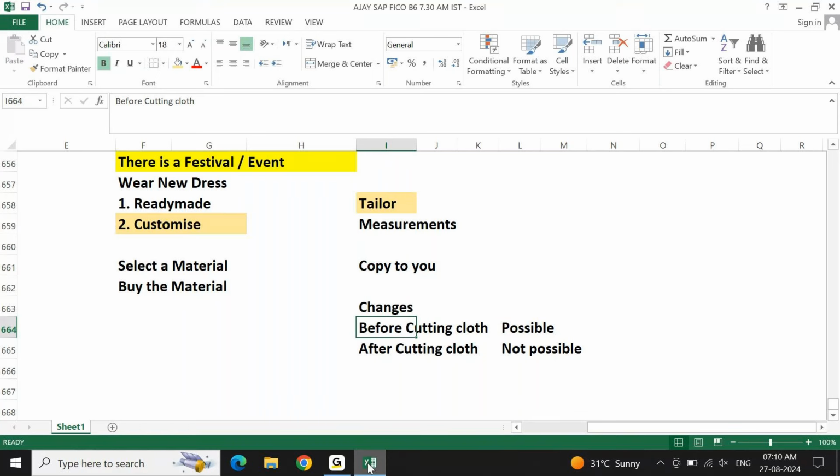It is not that you gave me the work, I gave the slip. I am going to tell you that this is my cloth, I am going to pay you money. Tell me if you need extra money, I will pay you. But even though I am ready to pay money, is it possible if I cut the cloth? No, not possible.